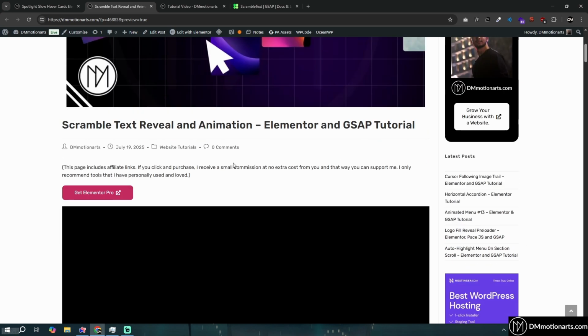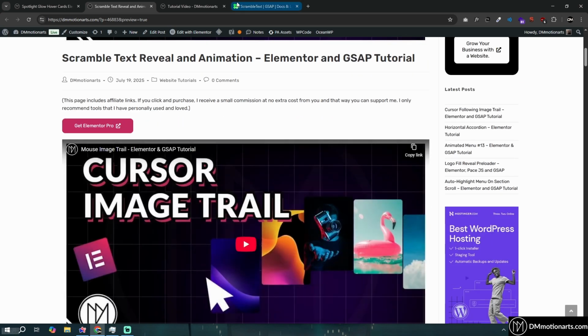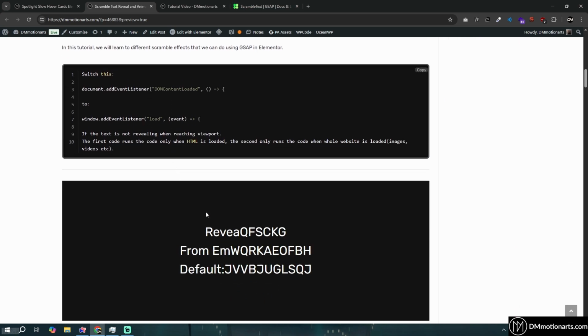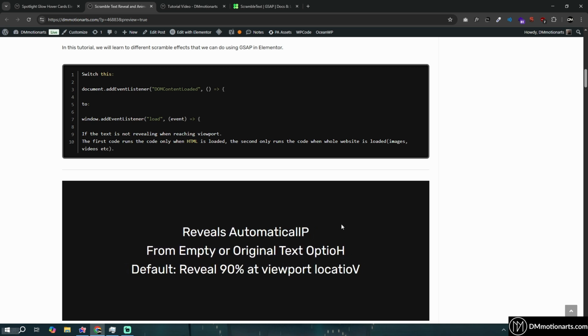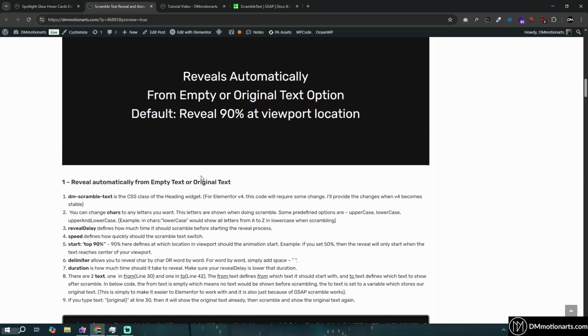So in this video, we are going to learn Scramble text, which is with GSAP. So if I go down, you could see how they revealed one by one, and then not one by one, but basically because they are at the same place, they revealed together. But if they were placed on different parts of your website, they will only reveal when it's in the viewport. Then if we go down,